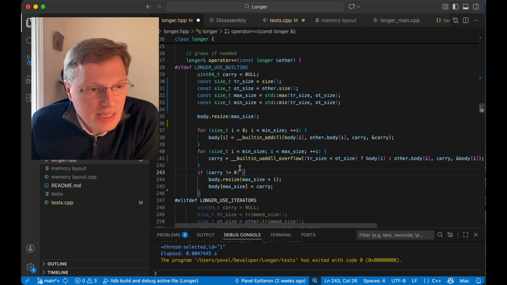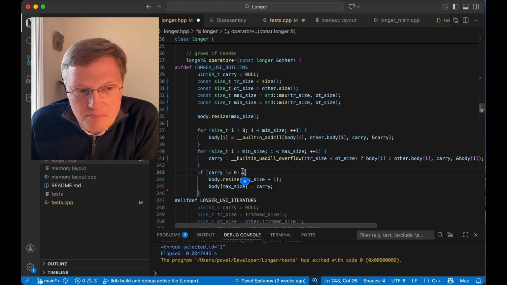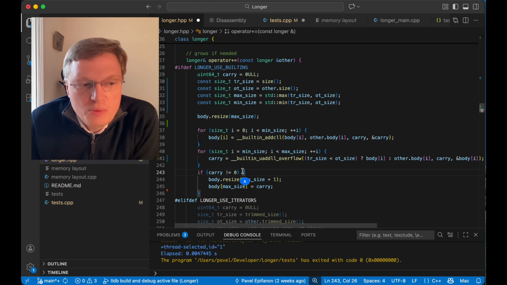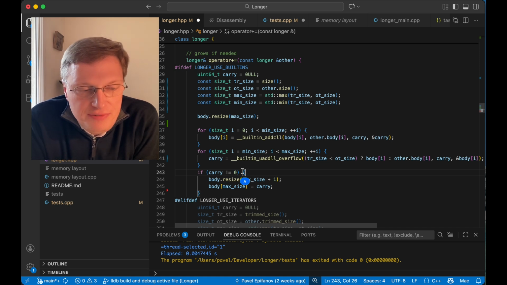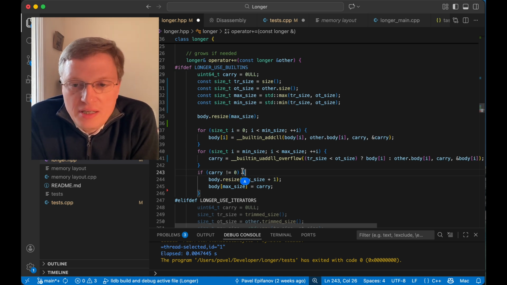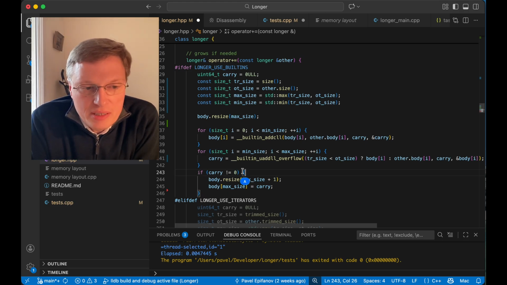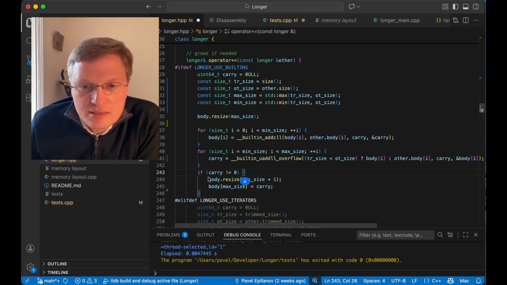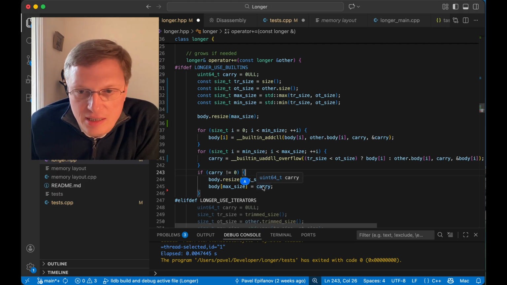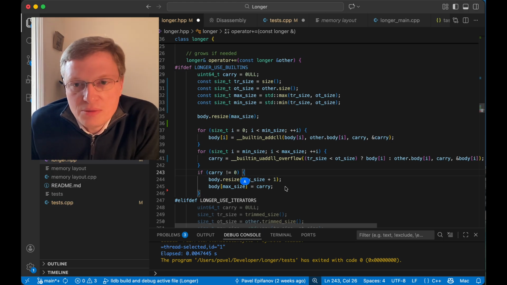The probability of overflow depends on the data. It should be very low when numbers represent some real-world value, but if you are dealing with random numbers where each byte is populated, I believe the probability should be around 50%. So the option that I have here to resize lazily in the end is always either better or equal than